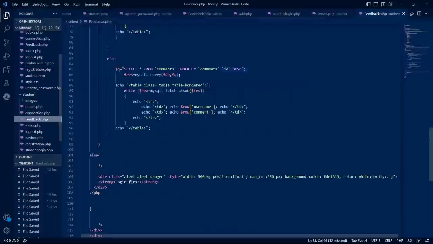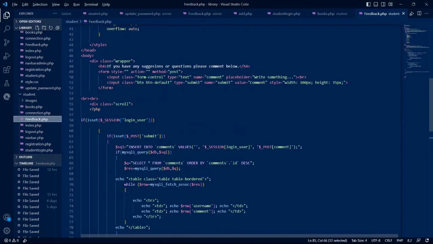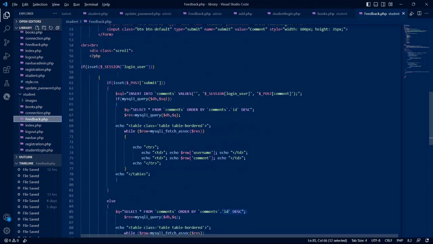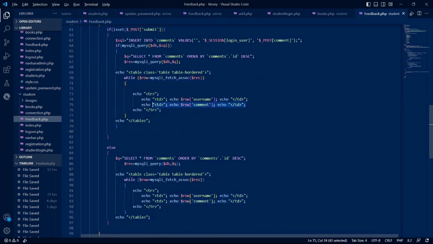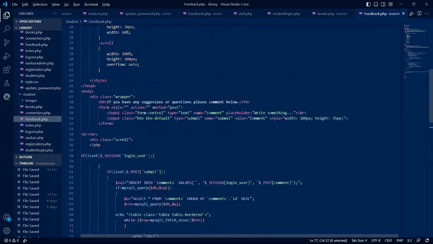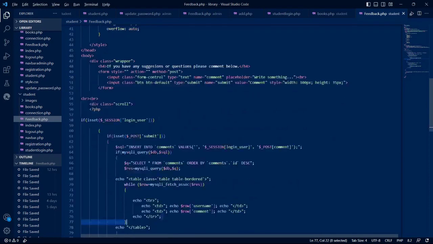This PHP code is responsible for displaying comments on a web page. Comments are stored in the database, called comment. The comment table has 3 columns: ID, username and comment. The username column stores the name of the person who posts the comment, and the comment column stores the actual comment. By the session variable, the code checks if the user is logged in or not. If the user is not logged in, an error message will be displayed asking the user to log in